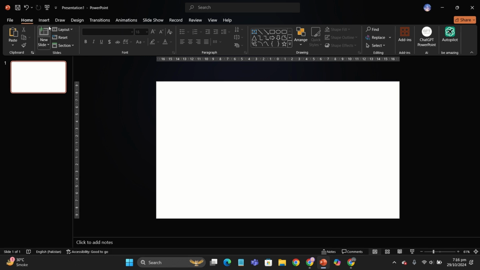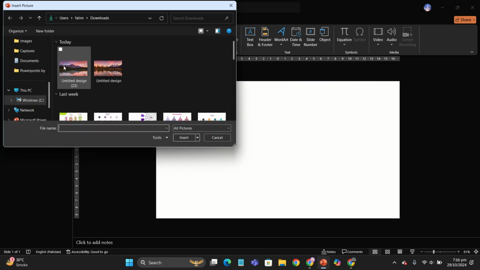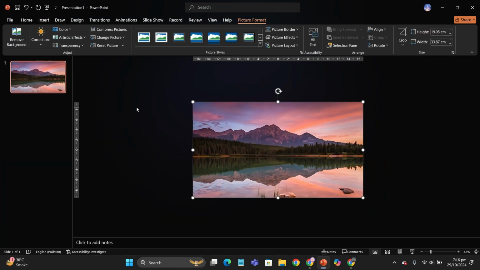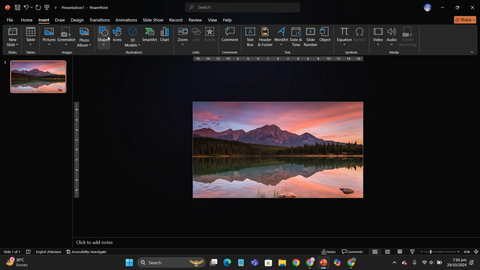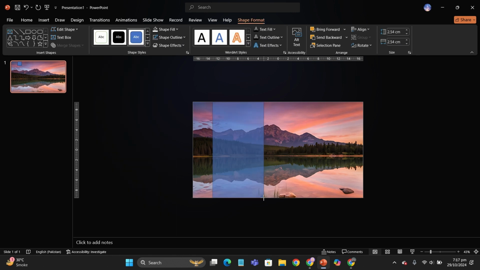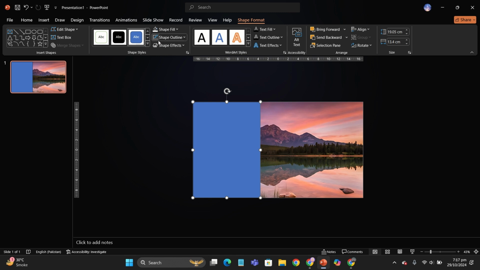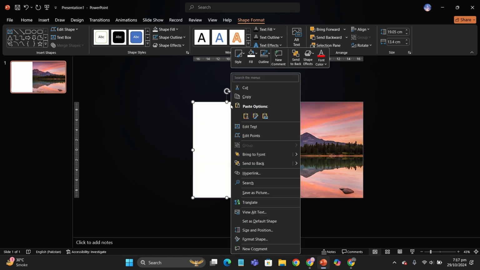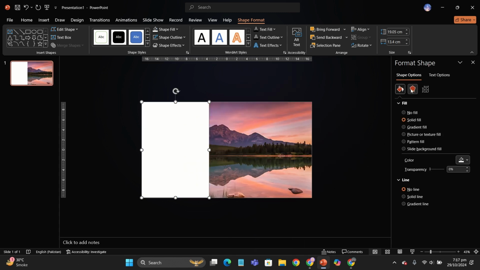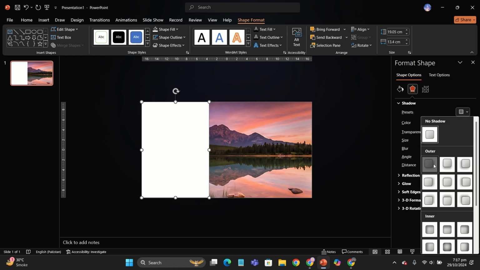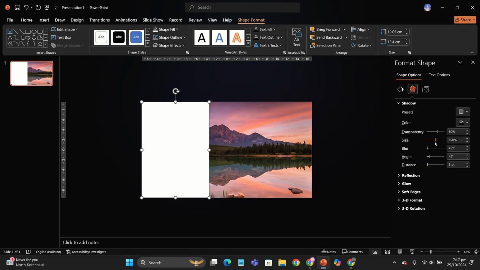So let's start. First of all, insert a blank slide and insert your picture in the background. Go to Insert tab, Shapes, and insert a rectangle that covers much less than half of the template. Adjust it, remove its outline, change its fill to white, go to Format Shape, and give it some shadow, and